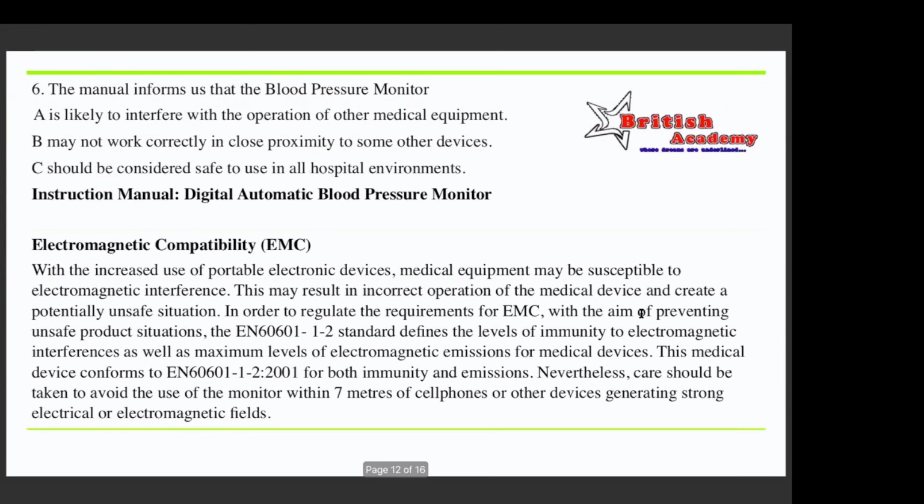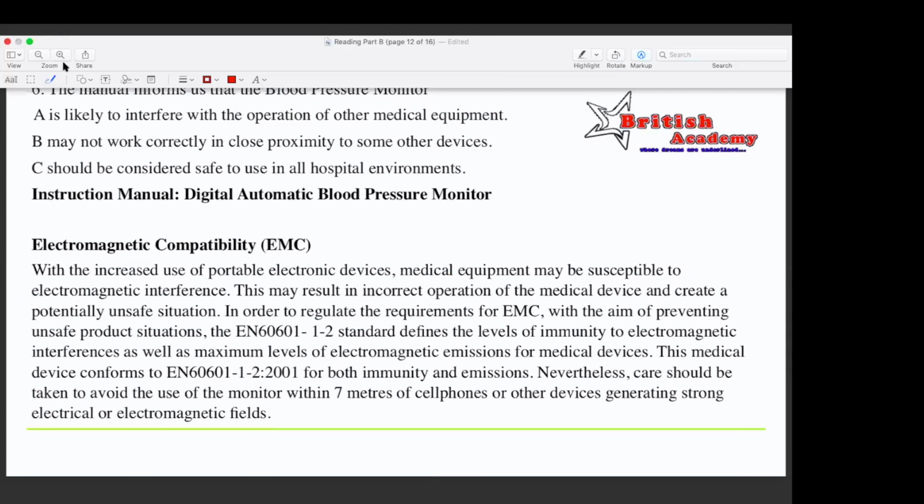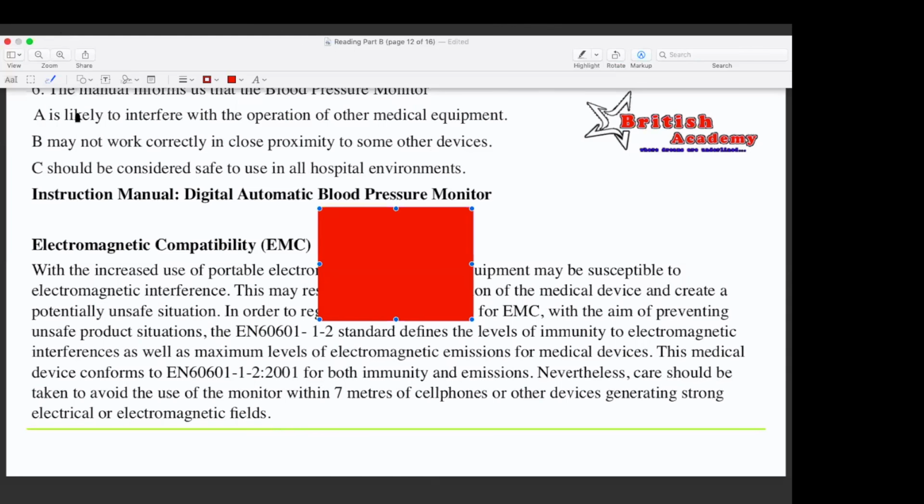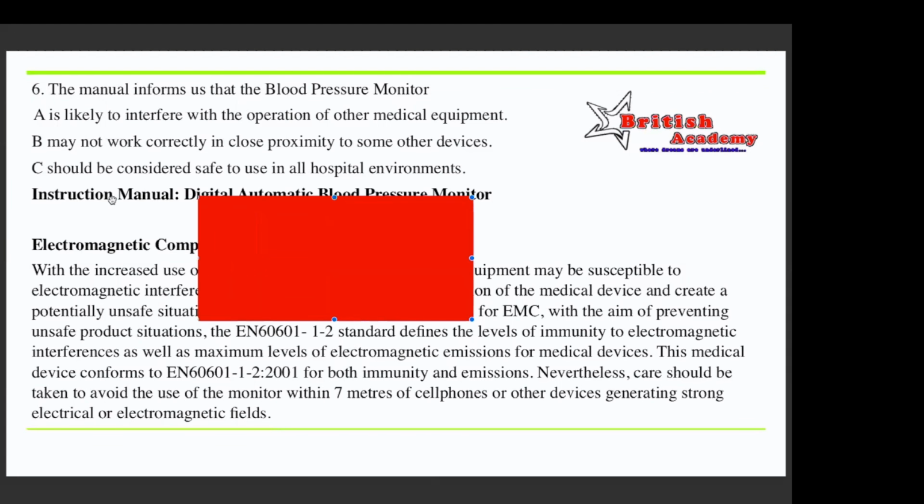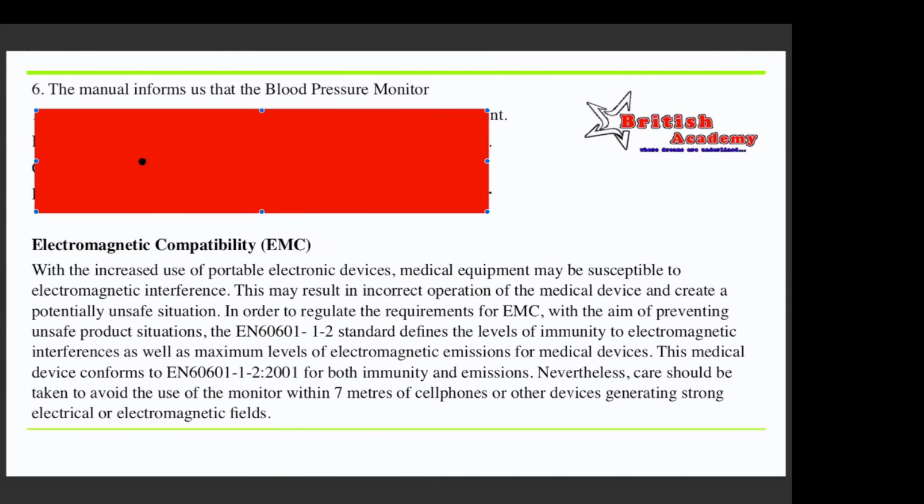Let's move on to the sixth one, which is the last discussion. Then I'll do a test, that is two questions which you will solve by yourself. Again, I'll cover the options, quickly go through it. I'll give you 30 seconds. Don't look at the options. This is one of the ways to do it. You can also try your own method.